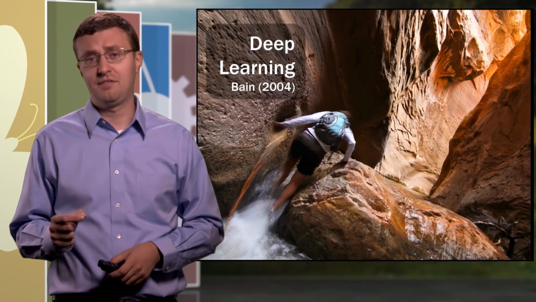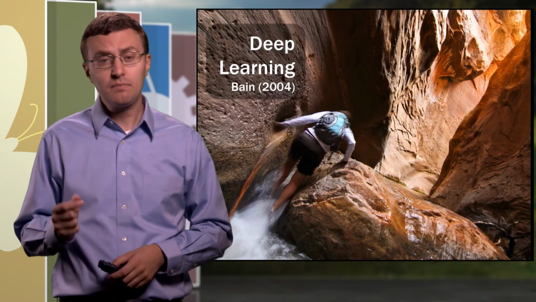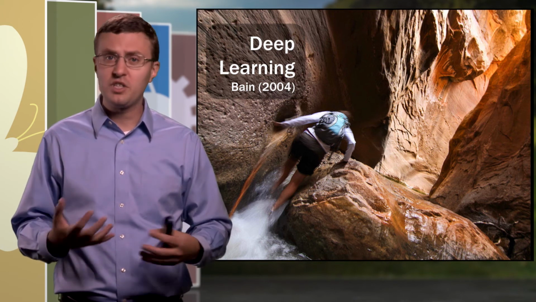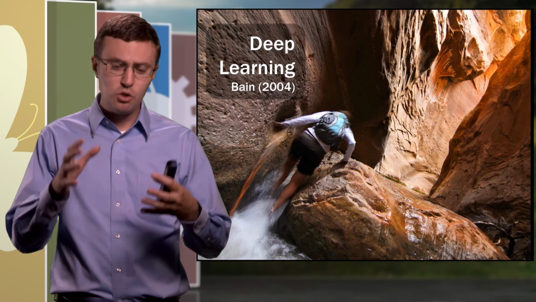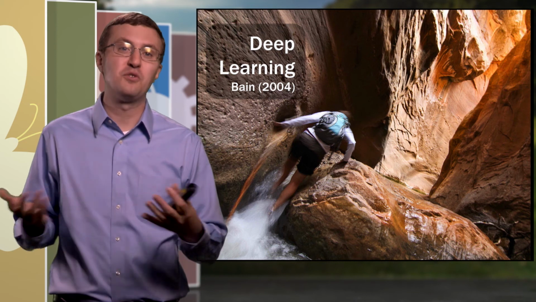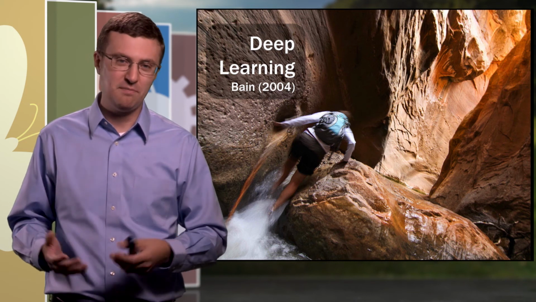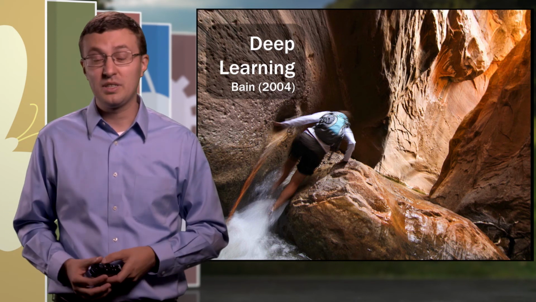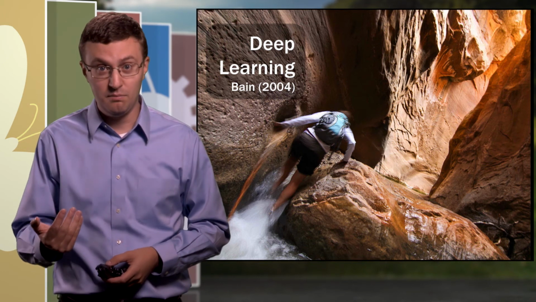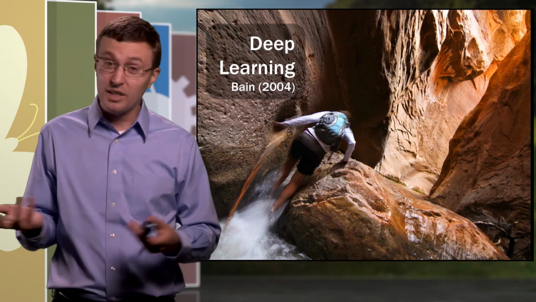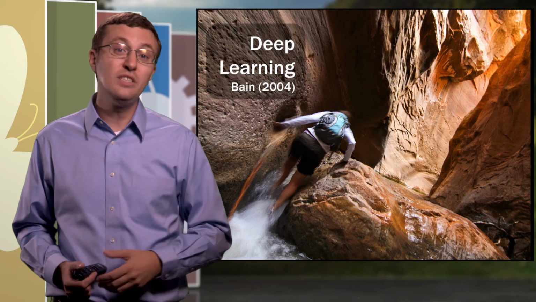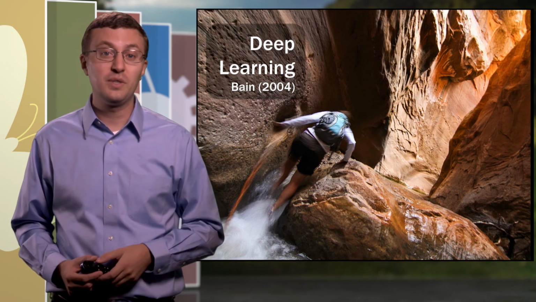Ken Bain contrasts this with what he calls deep learning. This is really more learning for its own sake, learning for mastery, conceptual understanding, critical thinking, learning in such a way that you prepare yourself to do something with what you've learned after the course is over. He calls this deep learning. And this, of course, is the kind of learning that we'd like our students to engage in. The question is, how do we motivate them to engage in this kind of deep learning? It's hard work. It takes a lot of motivation. How can we foster some of those powerful intrinsic motivators